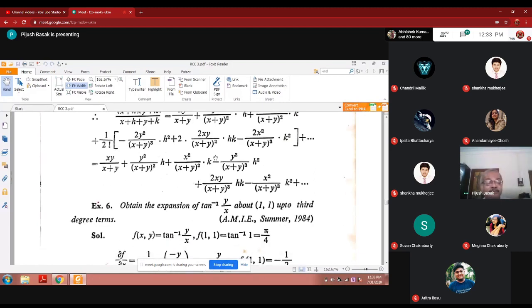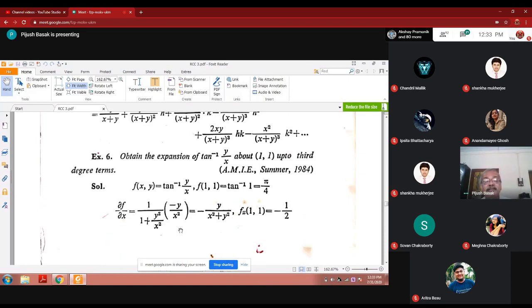Right. Another problem: obtain the expansion of tan inverse y by x about (1,1), up to third degree terms. Again, the point is given as (1,1). So f(x,y) is equal to tan inverse y by x. So f(1,1) is equal to tan inverse 1, that is pi by 4. Del f del x is equal to 1 by (1 plus y square by x square) into minus y by x square, and this is minus y by (x square plus y square). After arrangement,